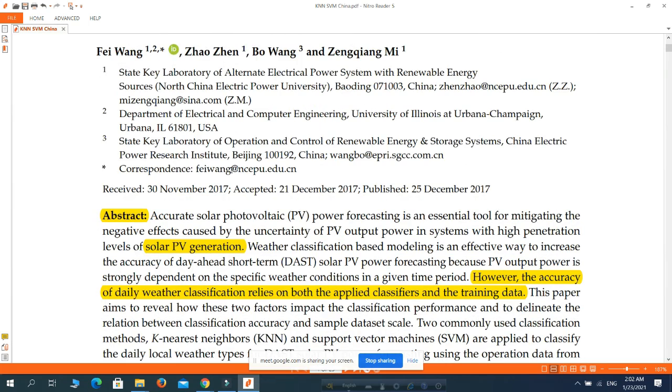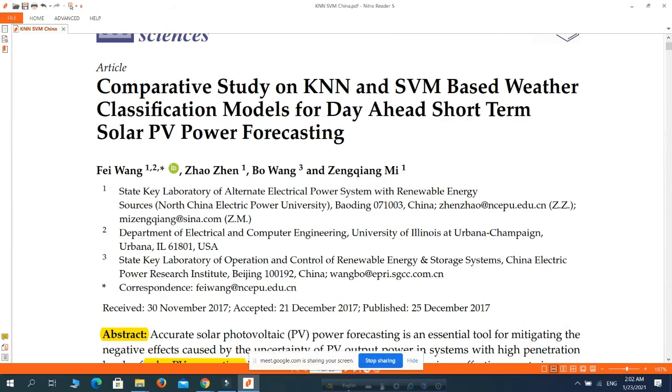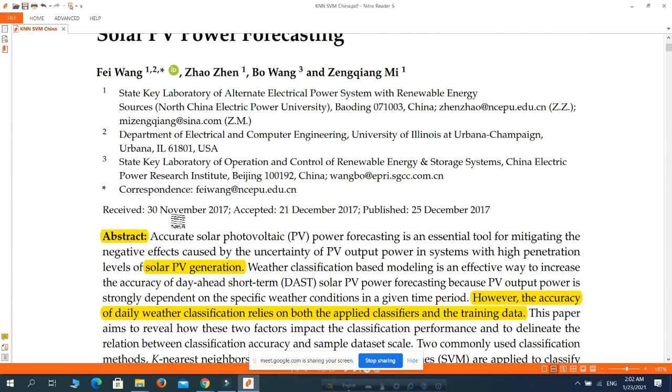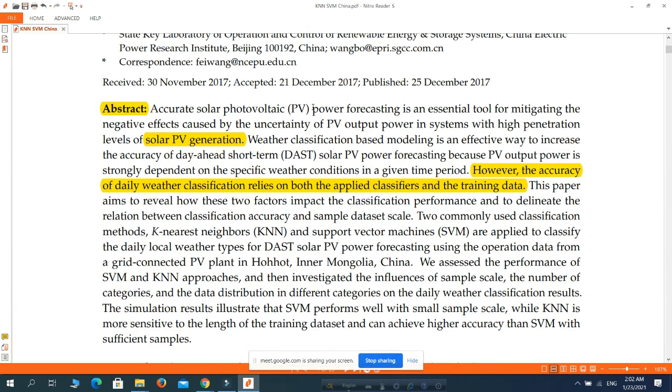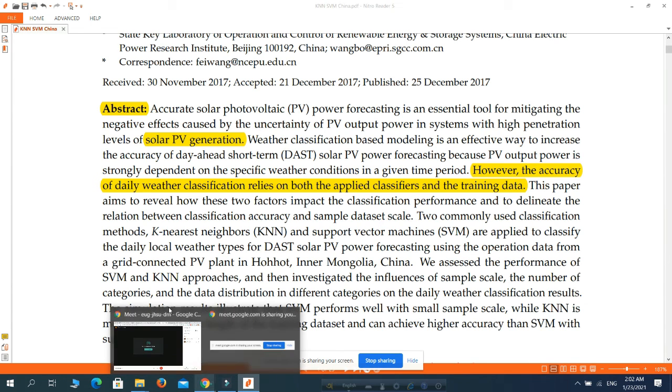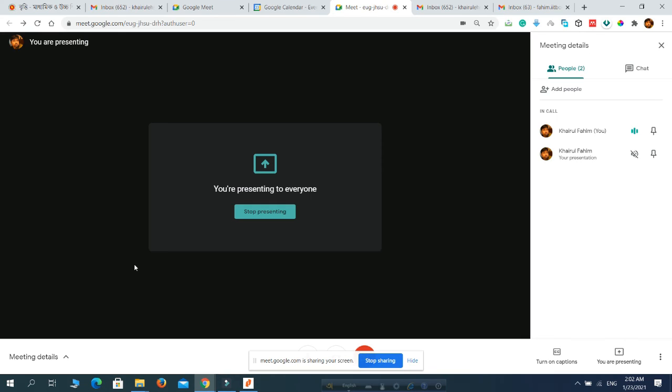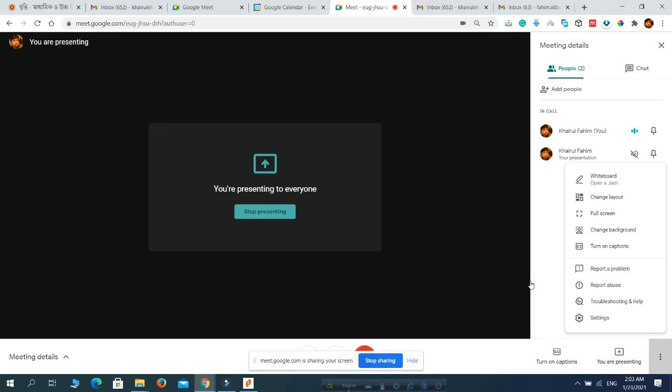Okay, so what I'm trying to tell you is you can open a PDF file, you can highlight it like the one that I have done here, and you can explain the important points like this to your students. So this is how you can share your screen and present your paper, or even if you have prepared a PowerPoint presentation, you can teach the students from that PPT as well. It's up to you. I think there are some other functionalities as well.